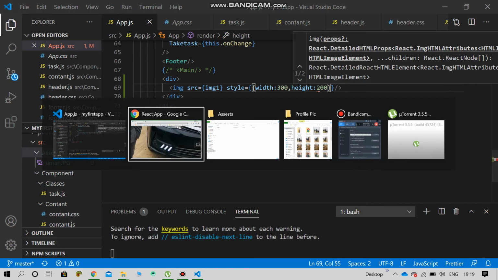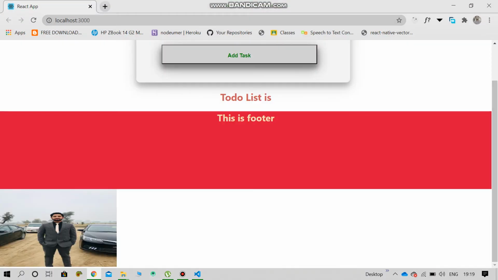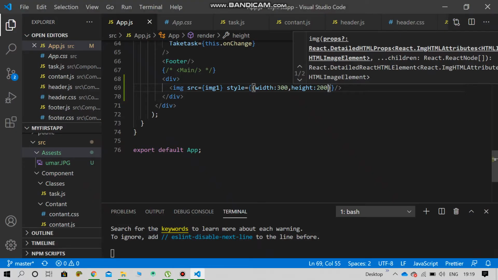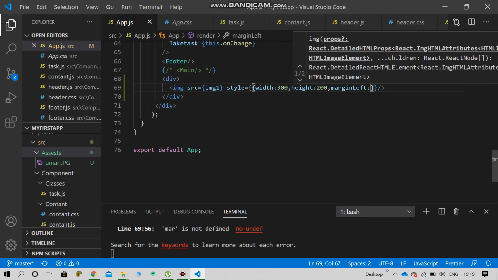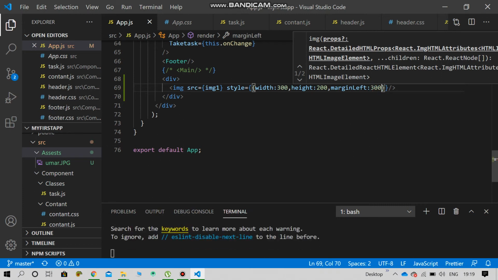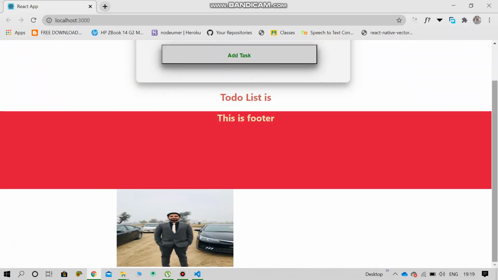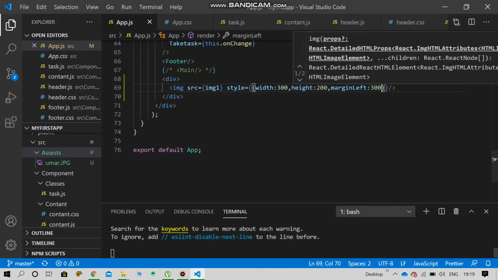So that's our view, it is perfect. Okay, so we move the image, margin left 30 or 300. So okay, our image is pasted successfully.